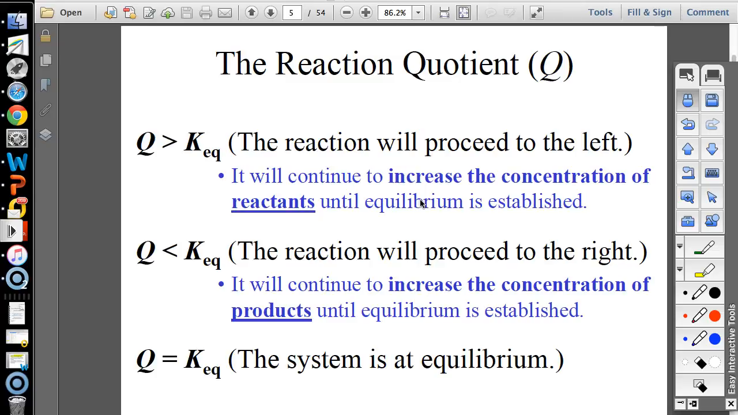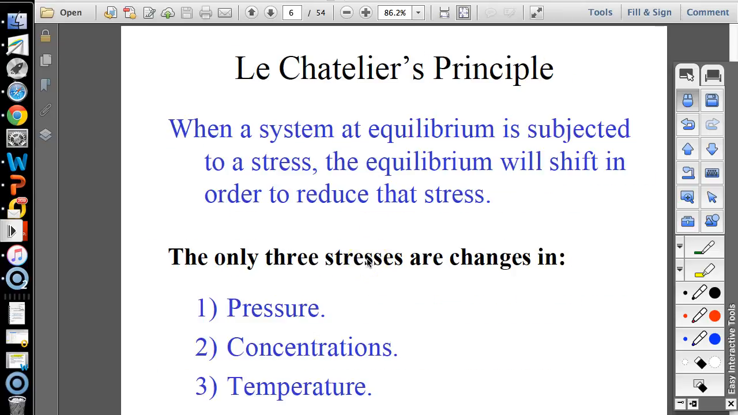And then when Q equals K, then it's at equilibrium. So you can memorize all this, or you can just draw a number line. I'm going to go with drawing a number line. I would rather see it and understand it than memorize stuff, because turns out there's a lot to memorize in here. That's what I think. Okay, so